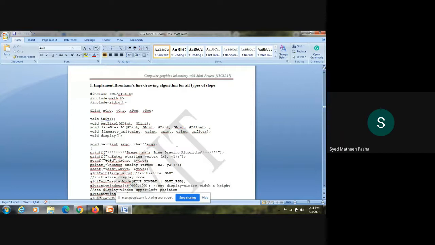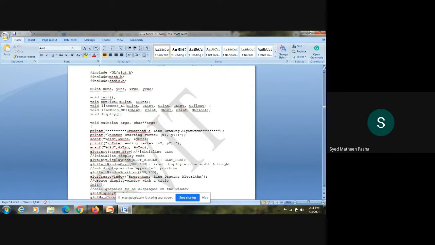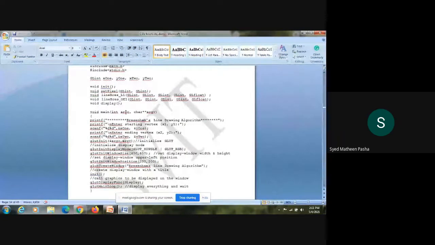So let's see how to do that. First, as everyone knows, the program starts its execution with main. So let's see the main function first. Then I will define what these functions defined here are. Once the control comes to the main function, it will check out the first statement. It is a printf statement. This printf statement tells you what you are doing. It just displays the message that you are doing Bressenham's line drawing algorithm onto the display screen, that is nothing but your window.